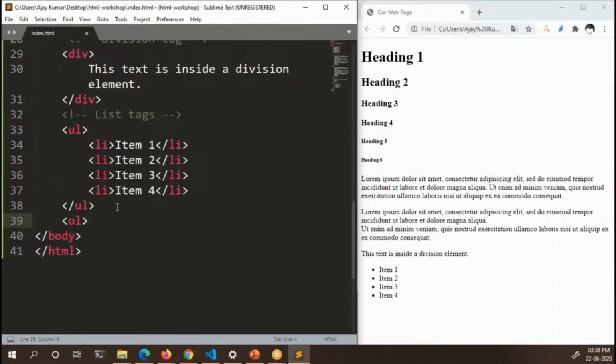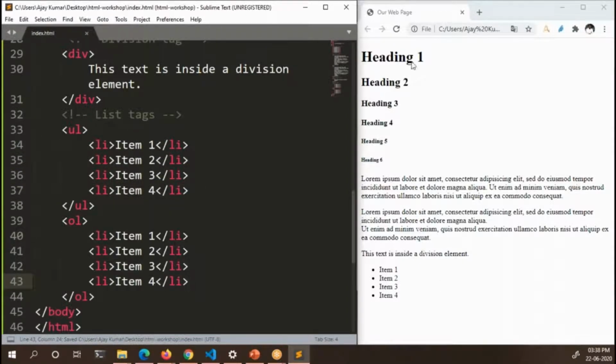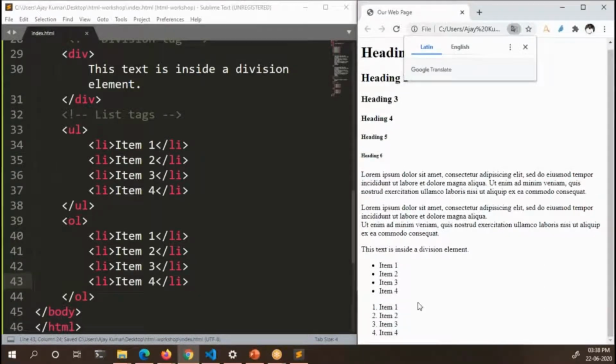Okay, the next type of tag is the ordered list, which is represented with OL. Let us close OL. Let us simply copy and paste the same items here, save it and reload it. So you're not able to scroll.